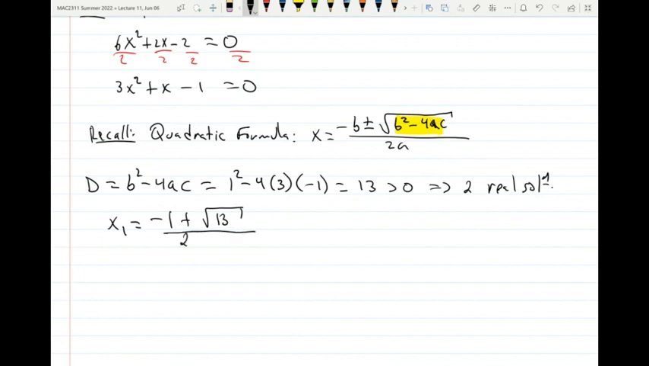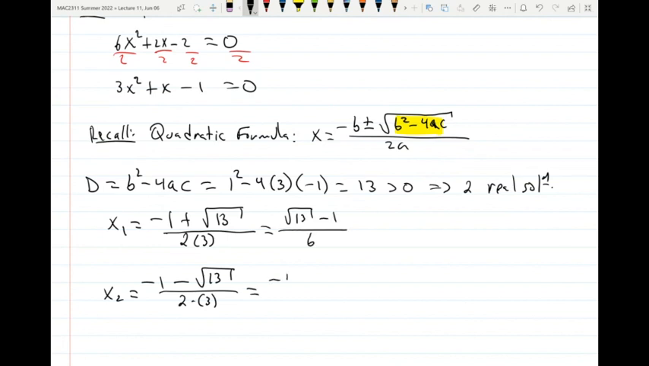Over 2 times 3. And the other solution is negative 1 minus square root of 13 over 2 times 3. So that's square root of 13 minus 1 over 6. And this one is negative 1 minus square root of 13 over 6. They happen to be irrational numbers, but it's what it is. Okay? These are numbers. So these two numbers are the solutions to the equation derivative equal to